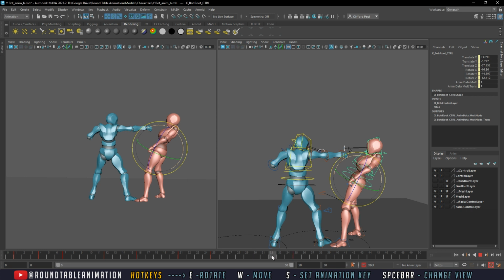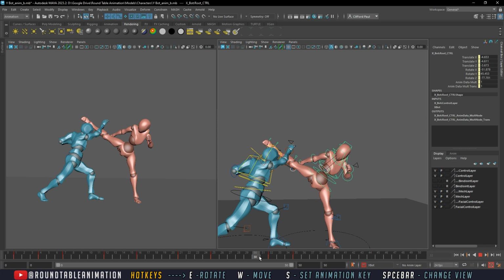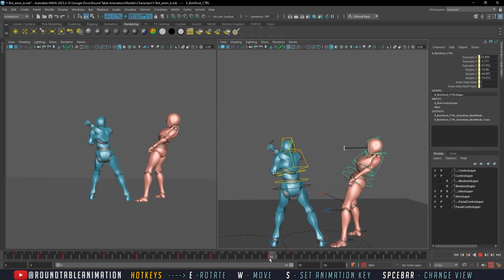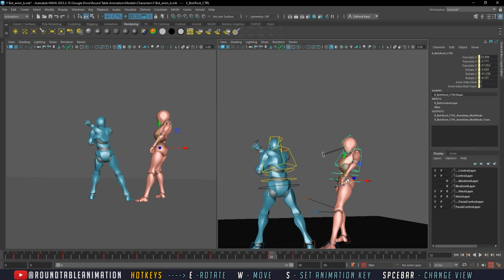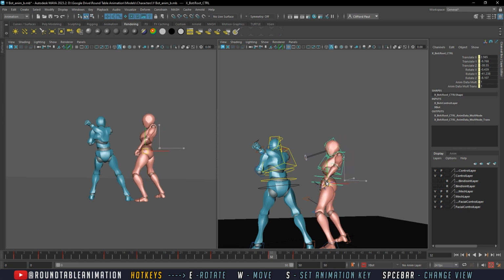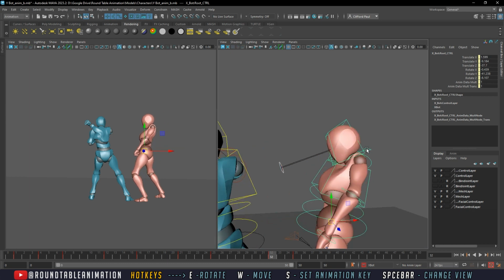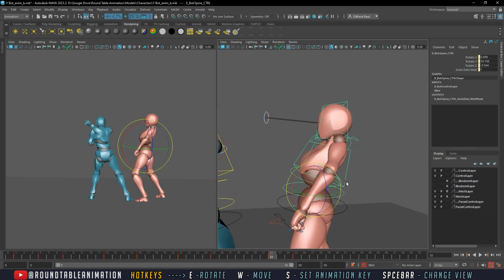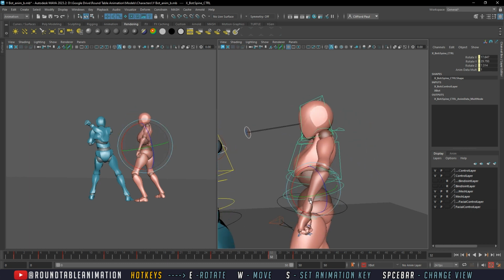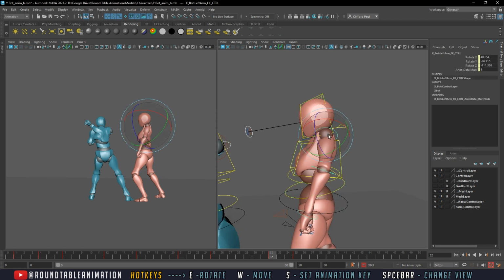When I'm middle mouse dragging and copying, it's going to happen here. But I wanted to have his center of gravity a lot closer, so it feels like he's more unprepared for what may happen. And even though this may not necessarily be a main pose,